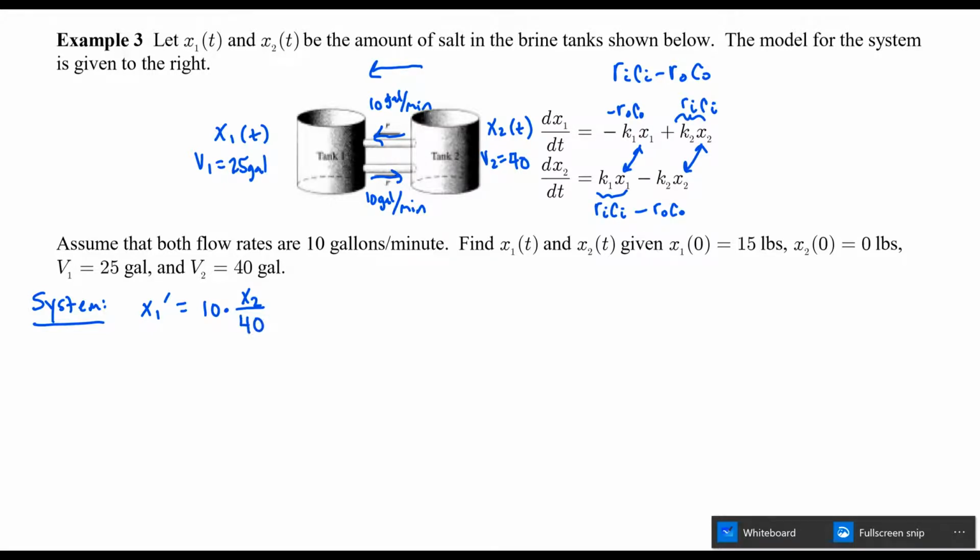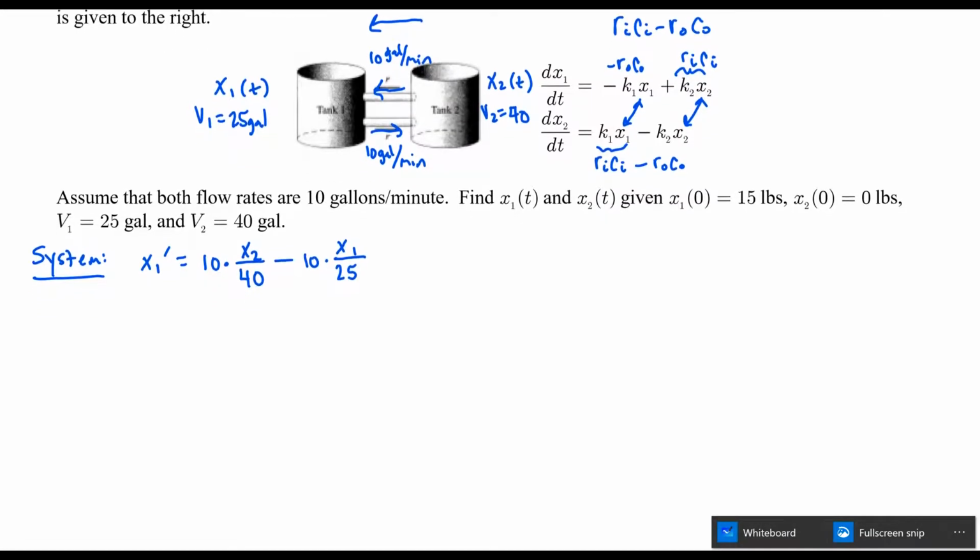Now, still focusing on tank 1, what's coming out of tank 1? Well, it's coming out at a rate of 10 gallons per minute, and the concentration out is the amount of salt in tank 1 per 25 gallons volume or capacity. Okay, again, notice the order of our variables there. We're kind of going with the intuitive approach, but we need to remember that when we write this in matrix form. Focusing on tank 2, the rate coming into tank 2 is 10 gallons per minute,